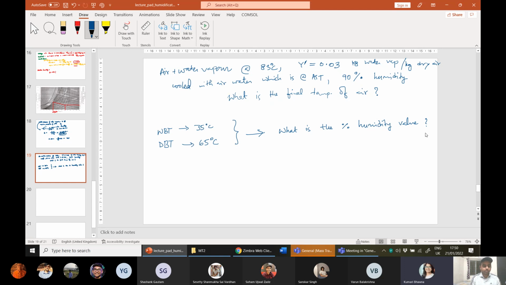Got my point? Nothing is mentioned about the water vapor system. No humidity values are mentioned. Only its dry bulb and wet bulb temperature is mentioned. Right, and this is a very practical problem, and this is what the weather forecast, the meteorology guys actually